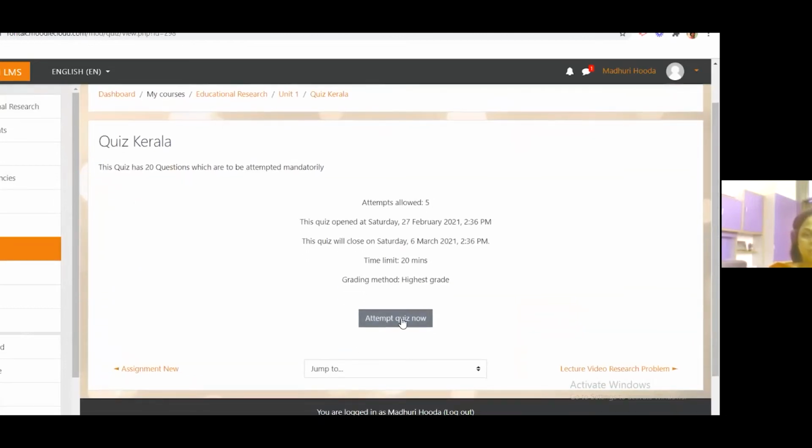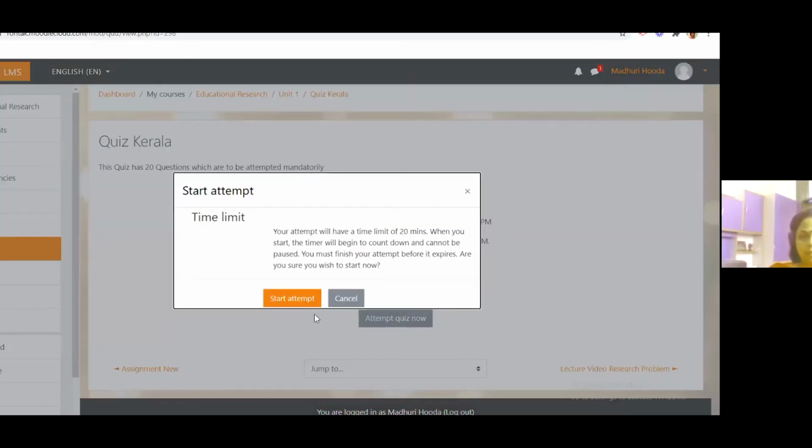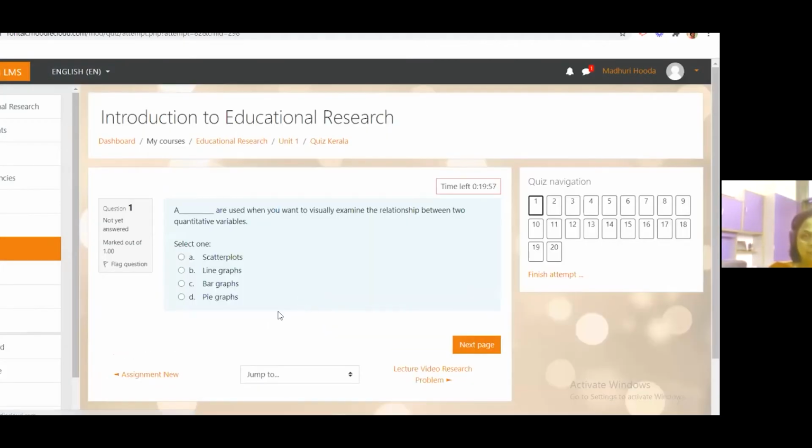It is showing attempt quiz now. Now I'm a student. It is saying that your attempt will have a limit of 20 minutes. When you start, the timer will begin to count down and cannot be paused. You must finish your attempt before it expires. Are you sure you want to start now? Yes. Start attempt. Now time has started.